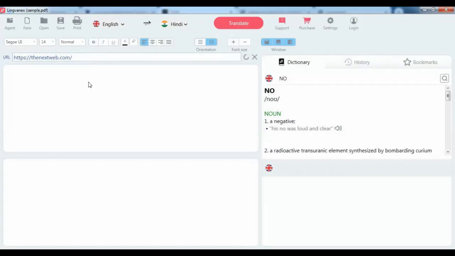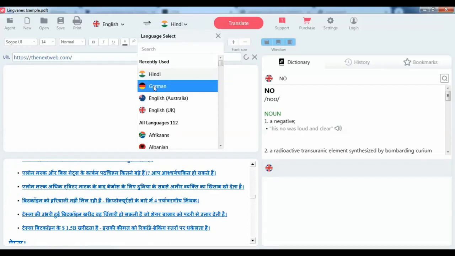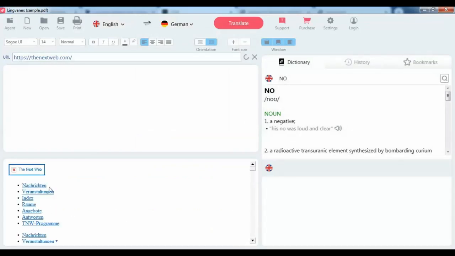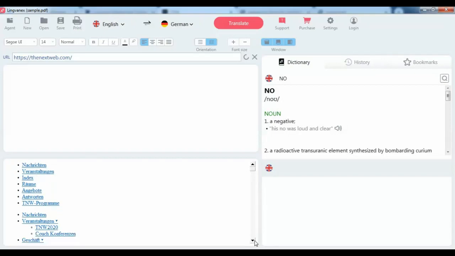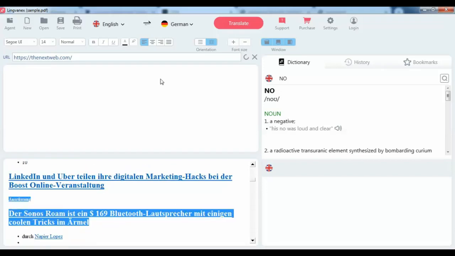As you can see the result, the whole website is translated from English to Hindi. Now I'm selecting German. So in the result, the website is translated to German. So you can translate any web page you want through Lingvanex software. Easily you can translate it.